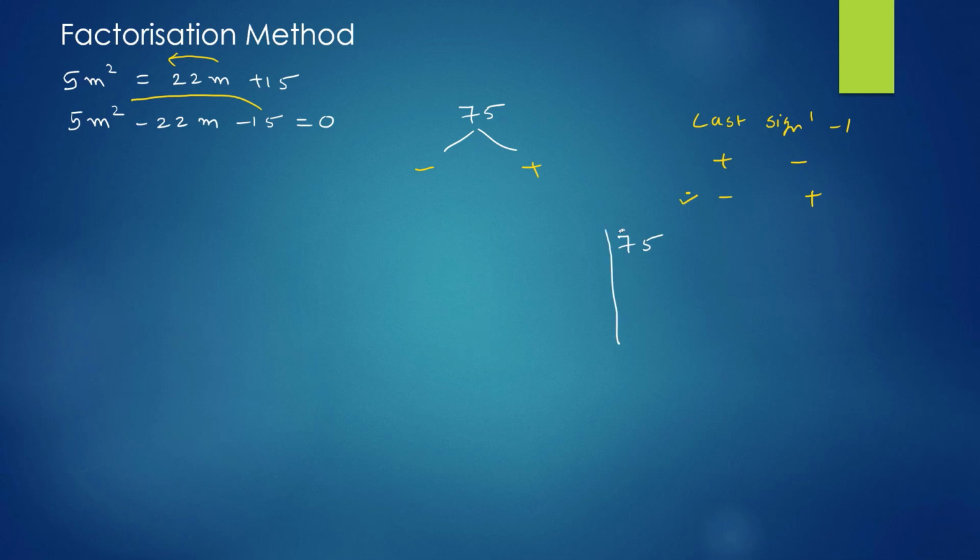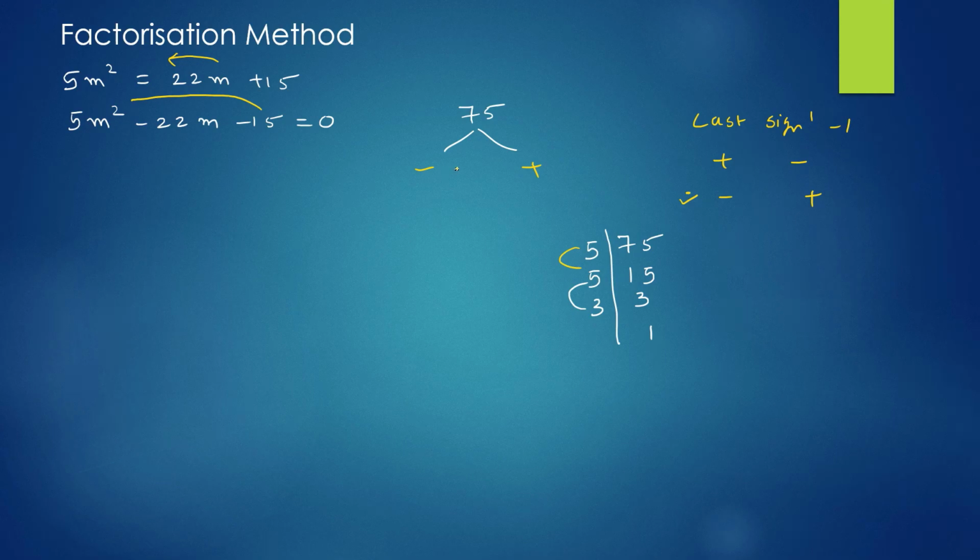We will factorize. First it will come in the table of 5, then 5 1s are 5, 5 5s are 25. Okay, then 5 3s are 15 and 3 5s are 15. Okay, now one pair will be 5 3s are 15 and 5. So 15 minus 5, it will come 10. Now we want 22. Now it cannot happen. So the next pair will be 5 5s are 25 and 3. 25 minus 3 comes 22.